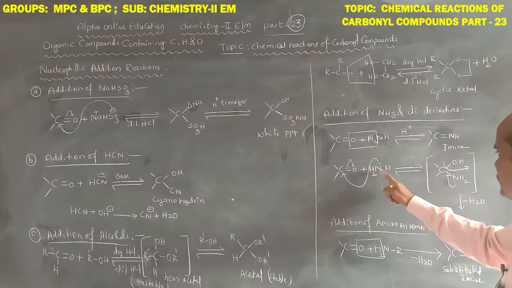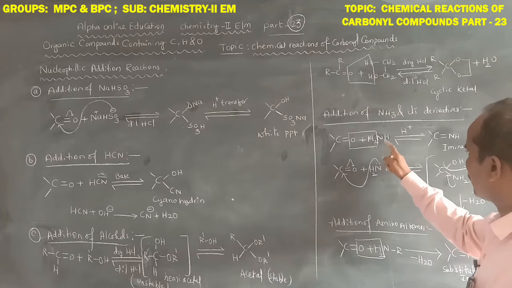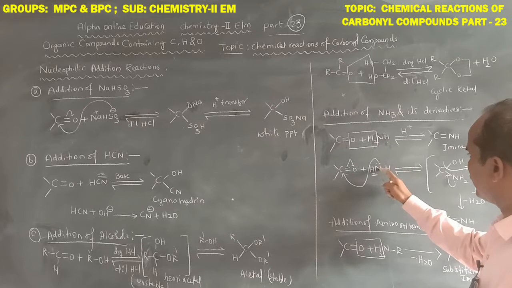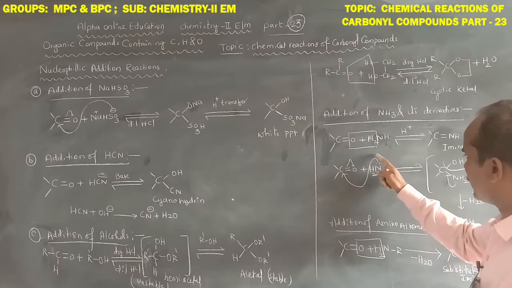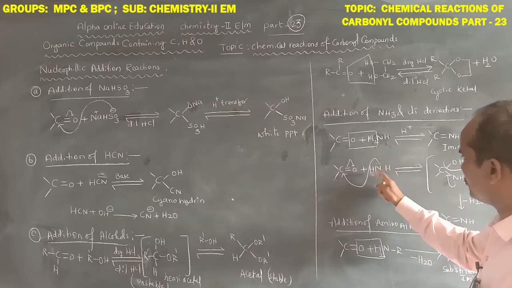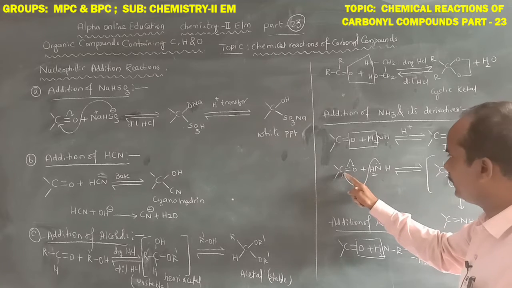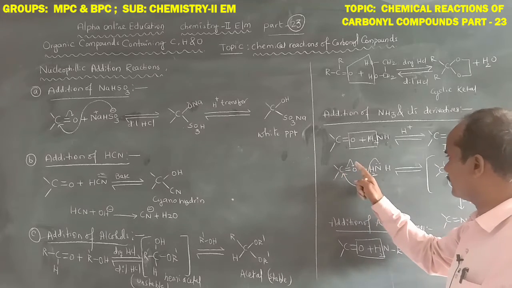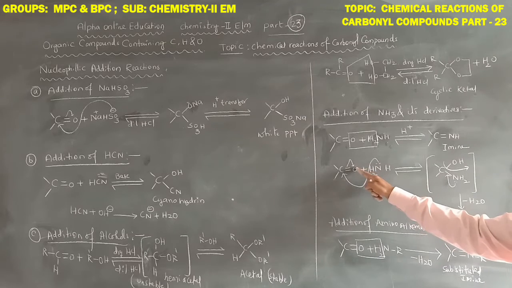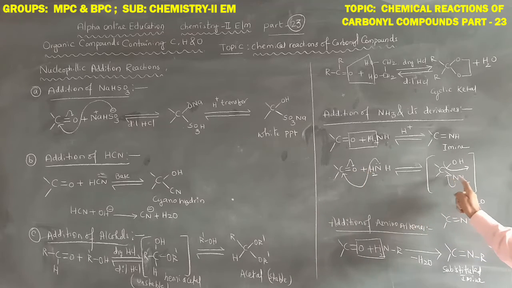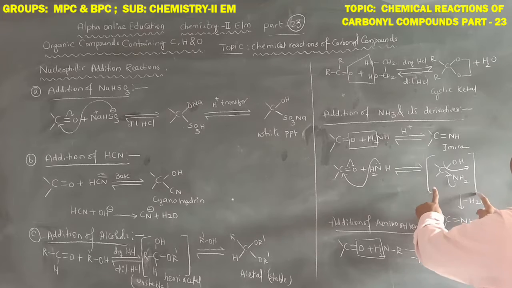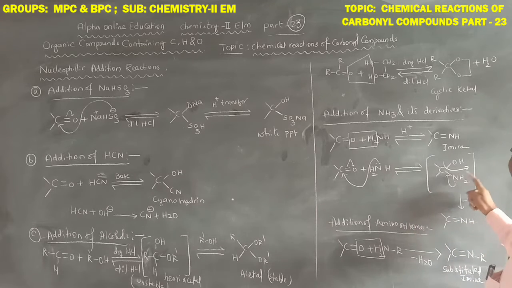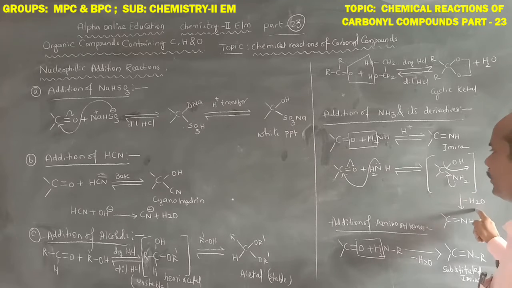So this is the mechanism here. First of all, ammonia can be written as NH2H. The electron cloud present on nitrogen in this NH2 group acts as a nucleophile. This attacks the carbonyl carbon. The pi electron cloud is polarized towards oxygen. Then this is an unstable product, the adduct, and this unstable adduct is involved in the elimination of a water molecule.